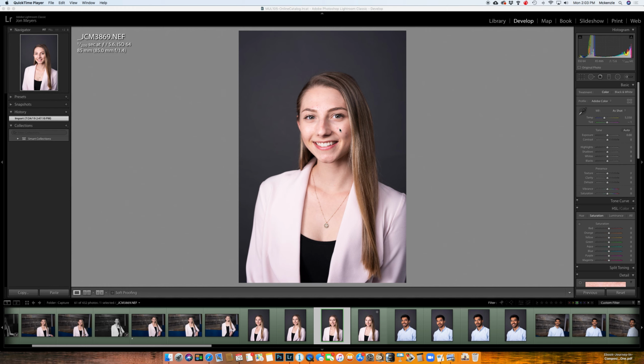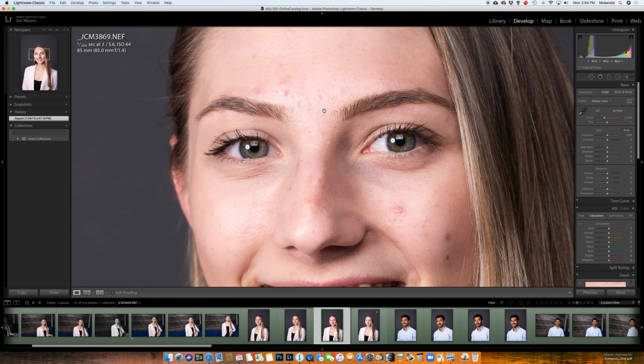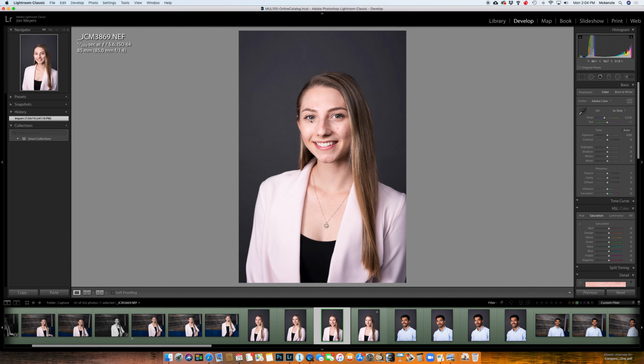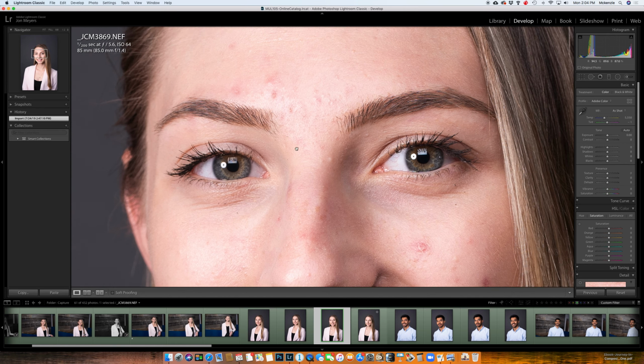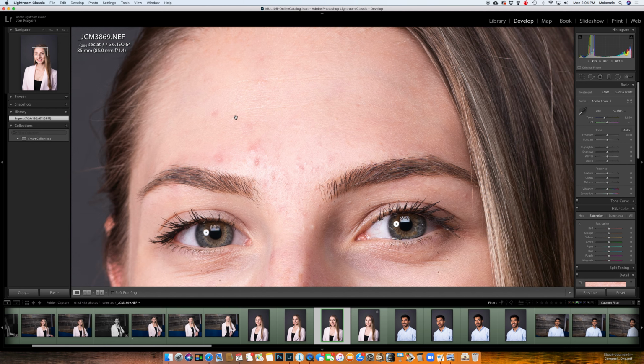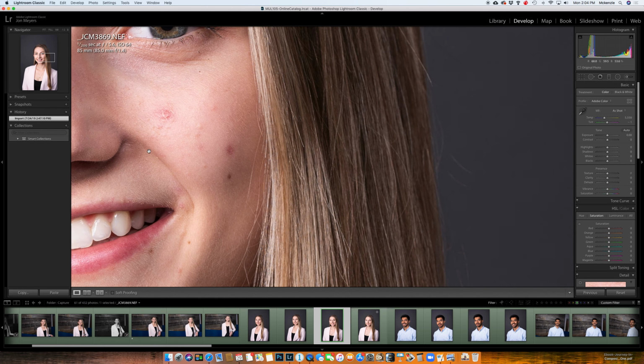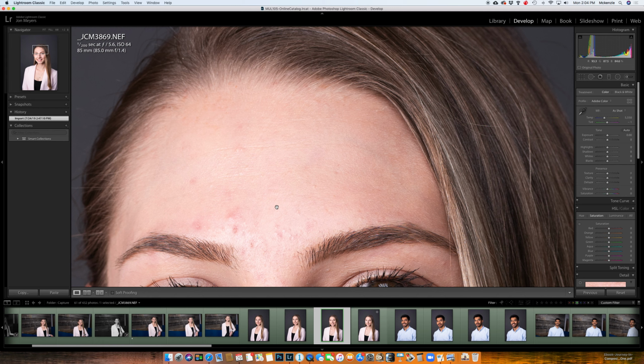Alright, we're going to do a quick edit here on this portrait. So first thing I'm going to do, let's go ahead and zoom in. And sharpness is great. And so let's go ahead and just take care of cleaning up the face just a little tiny bit here. So for this, I'm going to use the quick